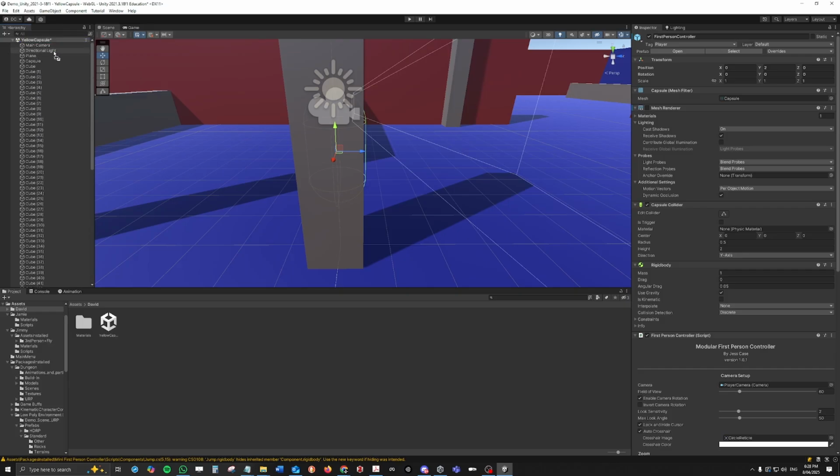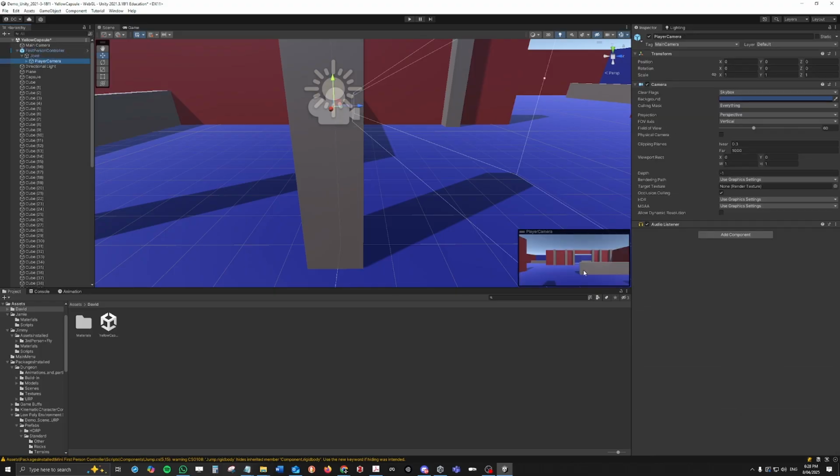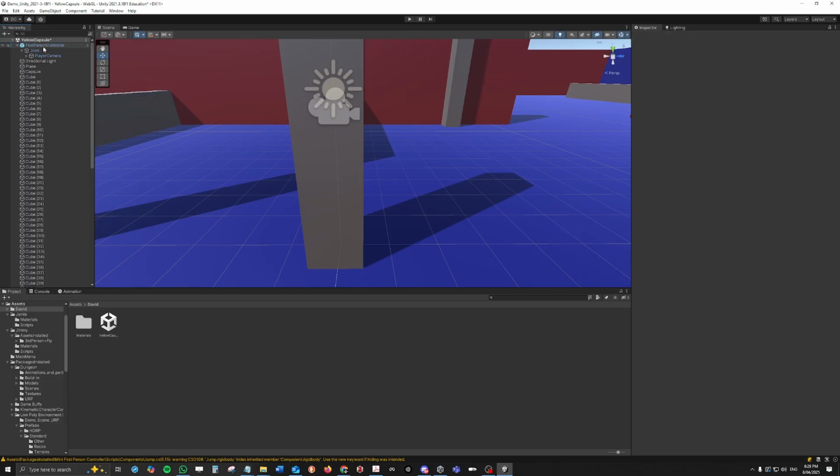I might bring it up the top next to the camera, which I'm going to delete. I'm going to get rid of the camera because inside of this should have a camera. There it is. So you can see that camera is showing that, and this camera is there. You should only have one camera active, and I believe you can have multiple cameras as long as you only have one active one at a time. If you have multiple audio listeners active, then that can be a problem and bring up some errors. That's all right. For this particular sprint or development, we only need one camera, and that's going to be attached